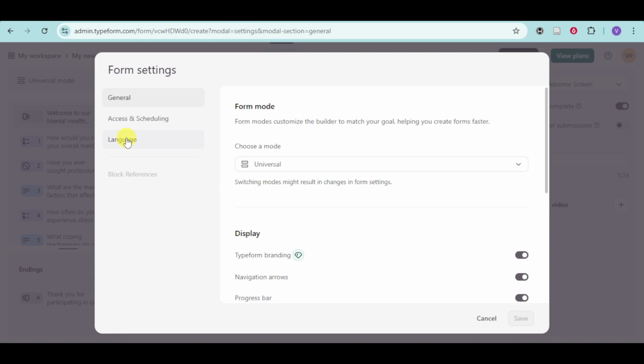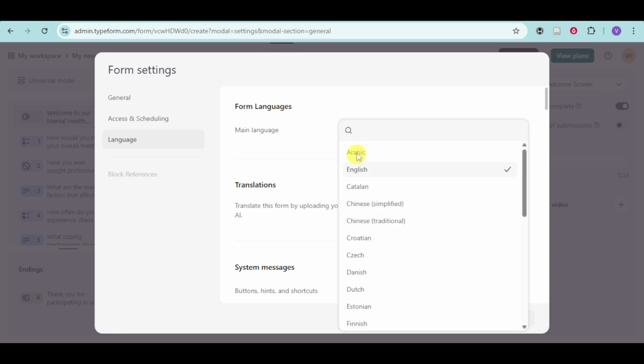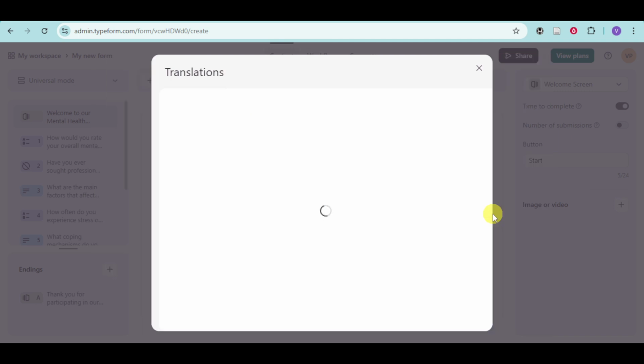You can find right here the language option, so make sure to click on this. And from in there, our main language will be English. So for here, if you want, you can actually just change your form language for this part. You can set a default language or enable translations. So for example, let's try to actually make it English, but let's go to translations